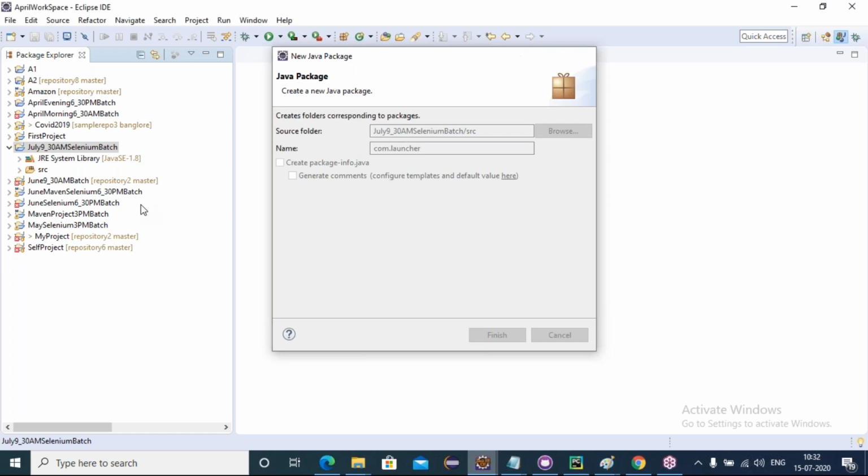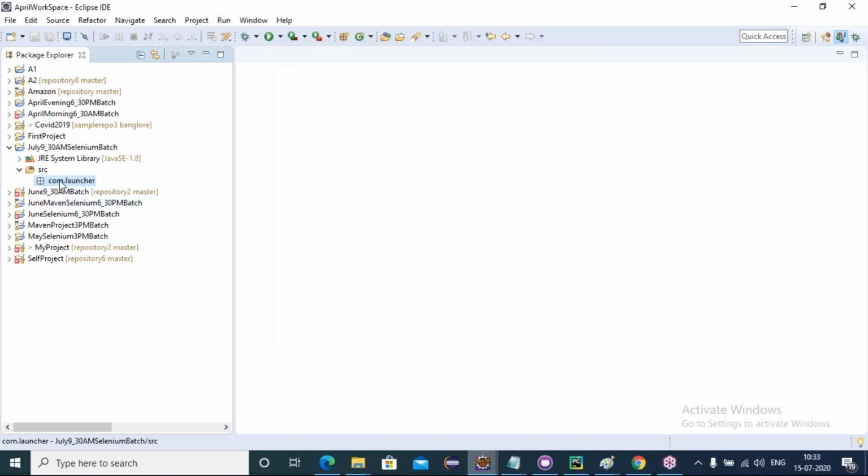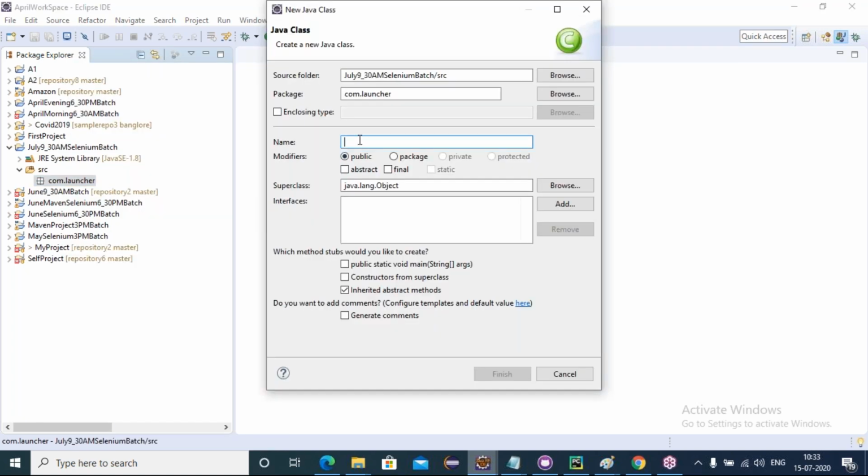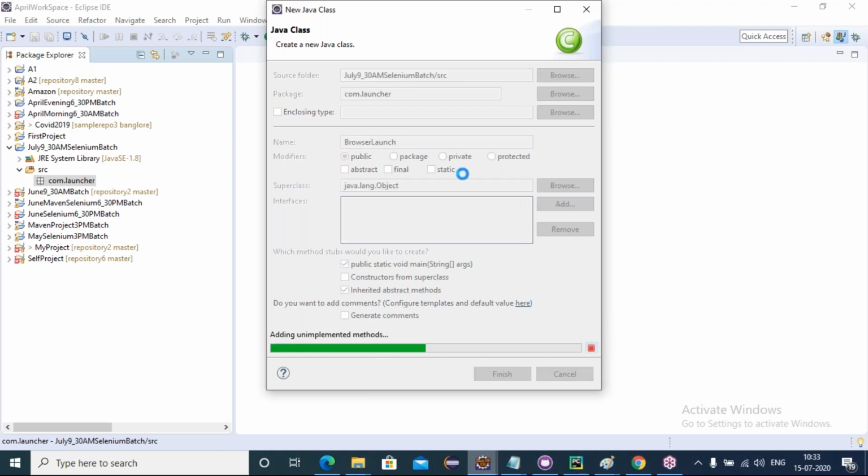Under this package, I am creating one class called browser launch. Let's create one new class under this package, new class, and give the name browser launch.